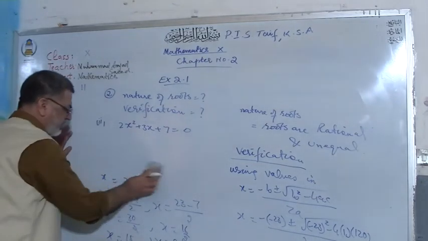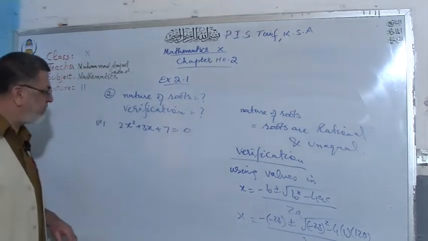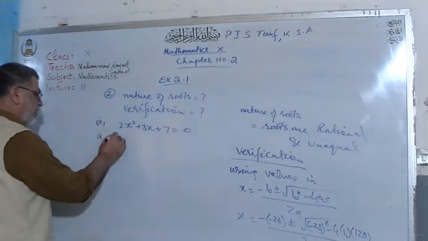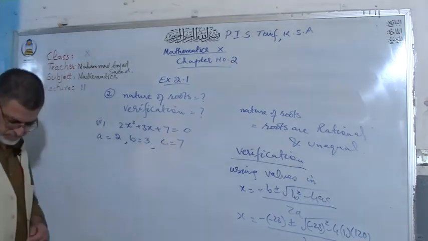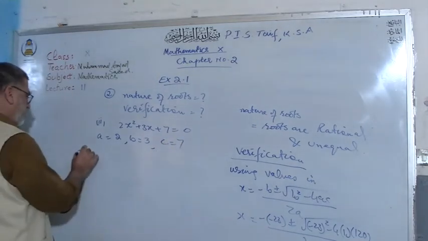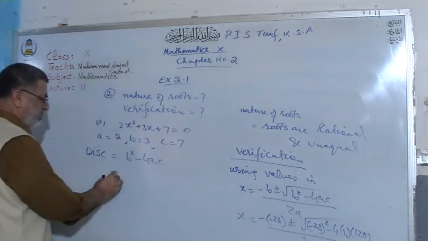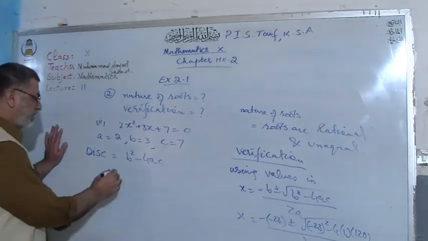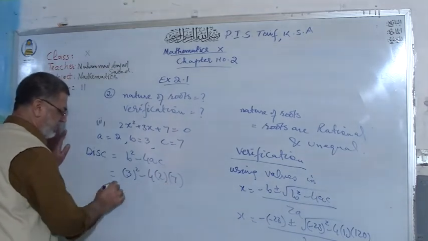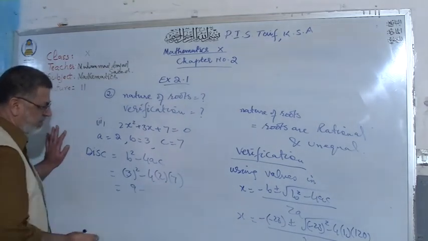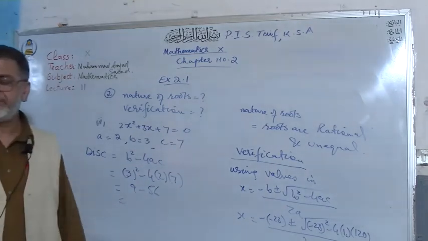Here we will have values of a is 2, b is 3 and c is 7. Using the formula of discriminant b square minus 4ac, 3 square minus 4 into 2 into 7, 9 minus 56, that will be equal to